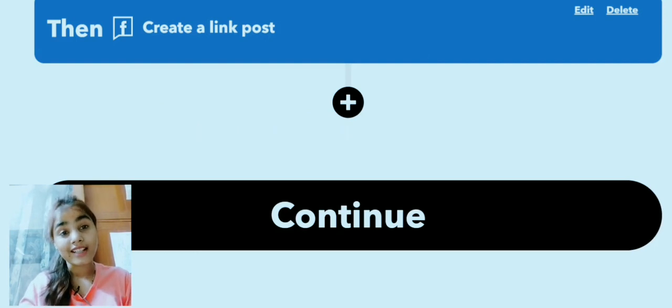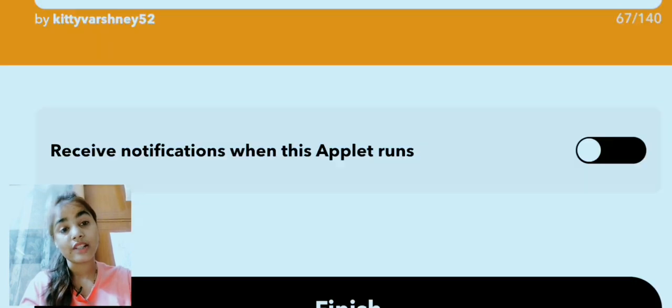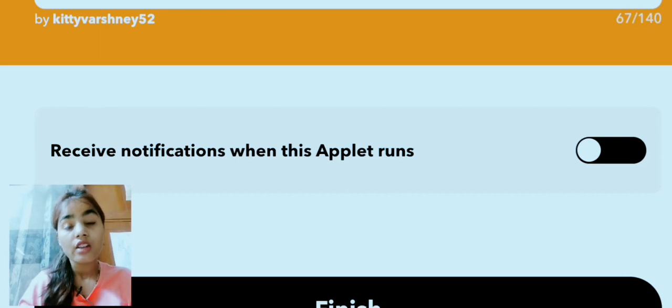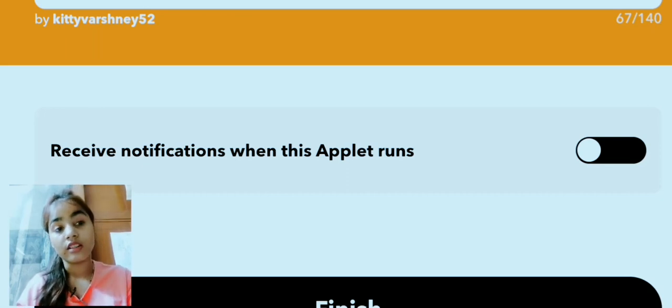So the action is being created, and now it is showing the final step. You need to click on continue and receive notifications when this applet runs. So if you want to receive a notification whenever this action happens, you need to click on this. You need to turn on the notification tab. Just click on this and click on finish.